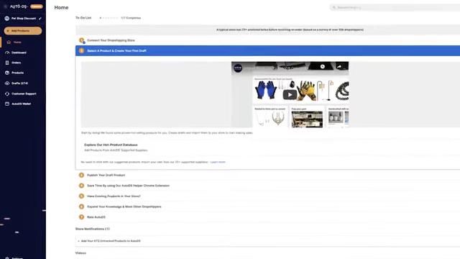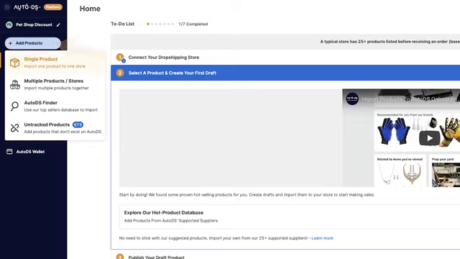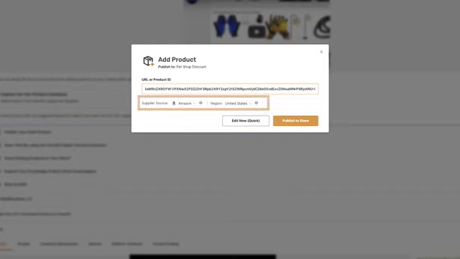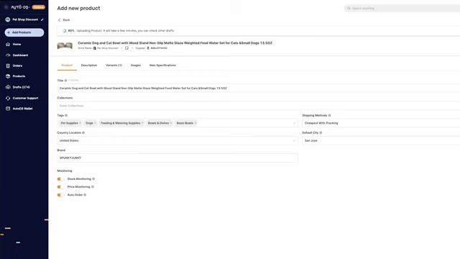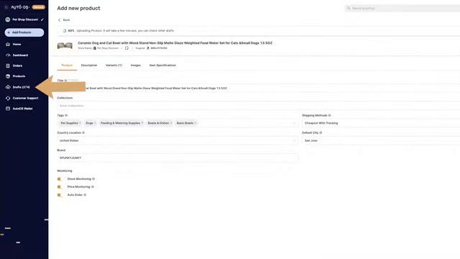Then head back to the AutoDS platform and on the top left, click on Add Products and go with Single Product. Here, paste the URL and make sure that the supplier source and region is correct. Then we're going to click on Edit Now Quick. Now, in just 1 second, all of the product's information from the supplier's website is imported to the draft section of